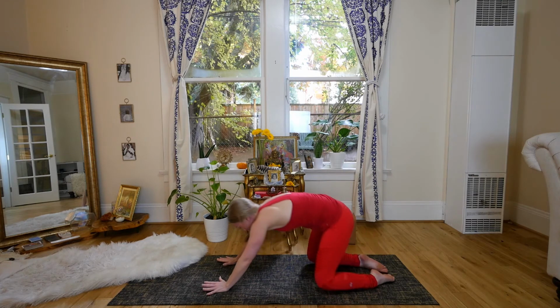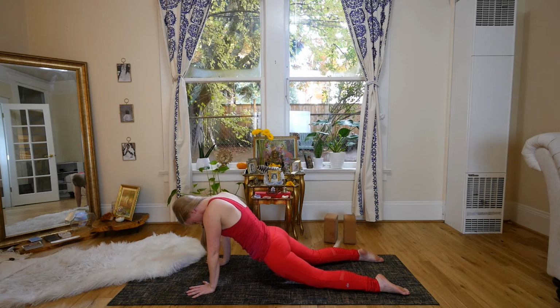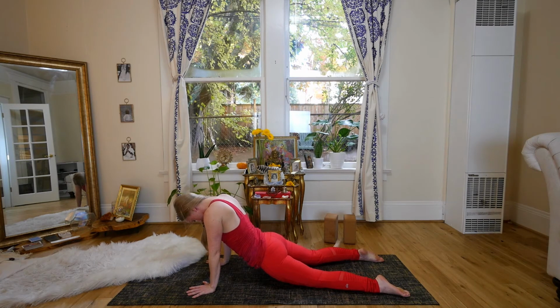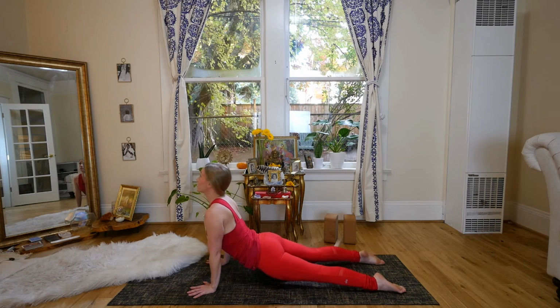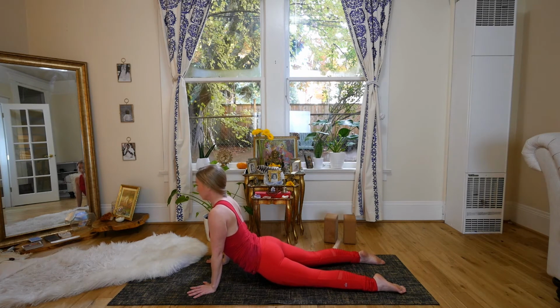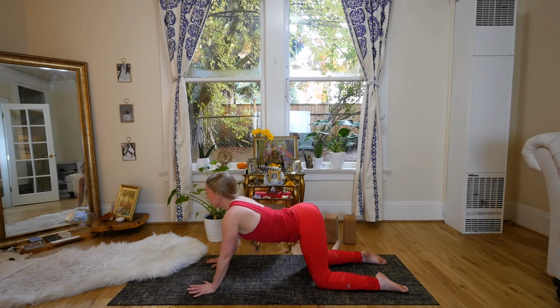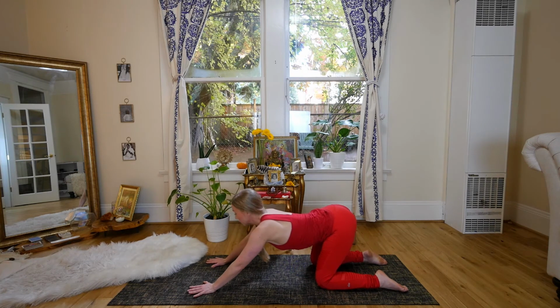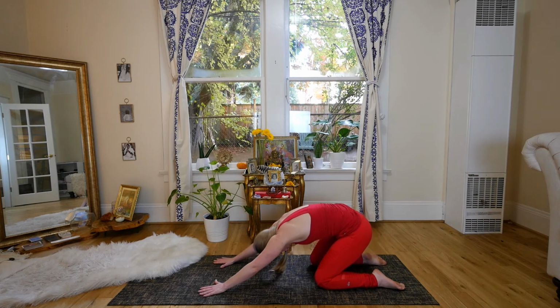And let's just roll through the spine. So spinal rolls here, coming through a tabletop, and then slowly the chin is tucked here as I drop my pubic bone towards the earth, and then I roll my shoulders back and lift my chin last. If I want, I could stay more active, pressing through the feet to lift the quads off the earth, the thighs, or I can keep this really grounded. Coming back with the tailbone, the seat comes back first, and then I'm just pressing back into my child's pose, and then again rolling through